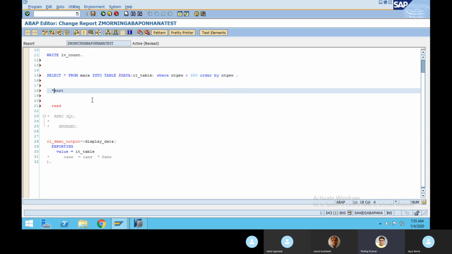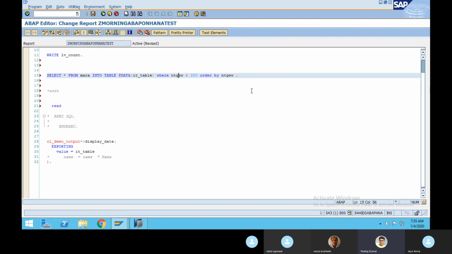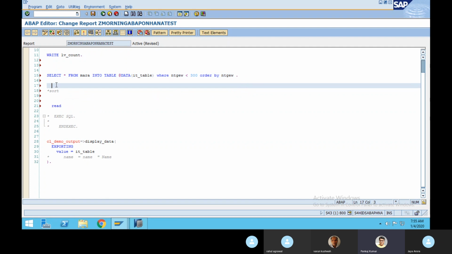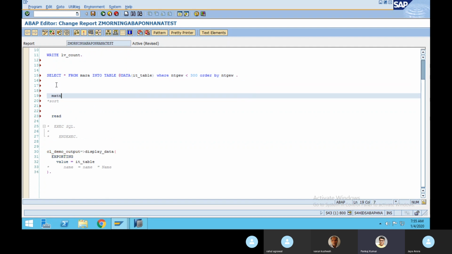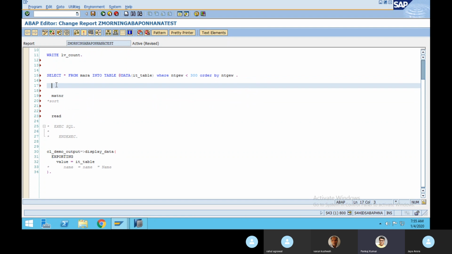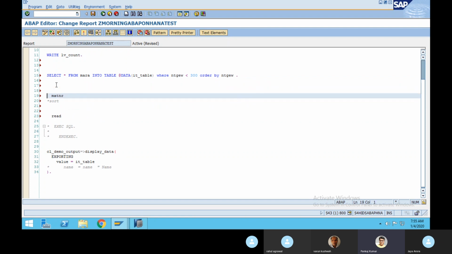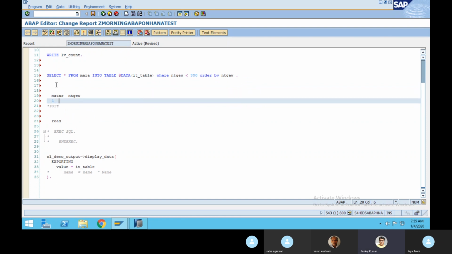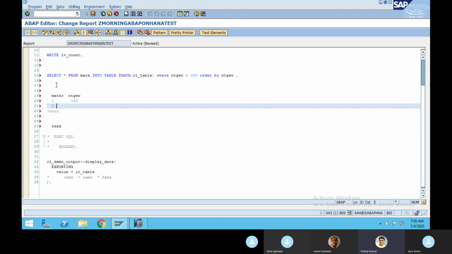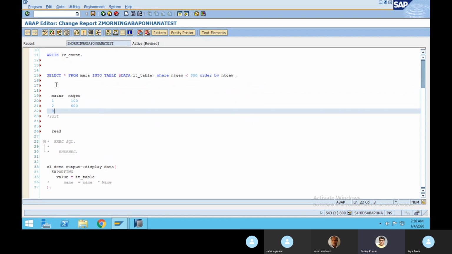Another thing is the problem that sometimes happens. Suppose your table has MATNR and NTGEW. Your MATNR 1 has net weight 100, your MATNR 2 has 600, and your MATNR 3 has, let us say, 200.